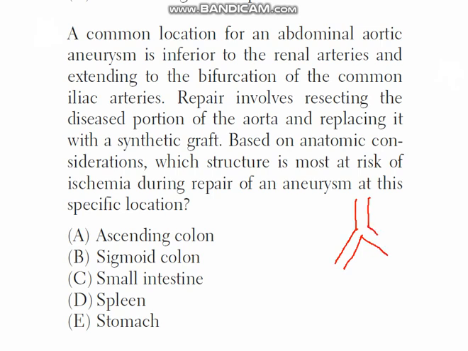Okay, the most common place for the formation of an aneurysm is the abdominal aorta, inferior to the renal artery, and it extends to the bifurcation of the common iliac artery. So the aneurysm may form at this place. Above this point